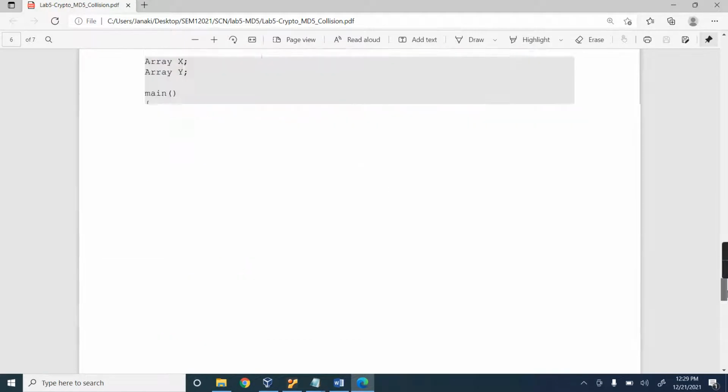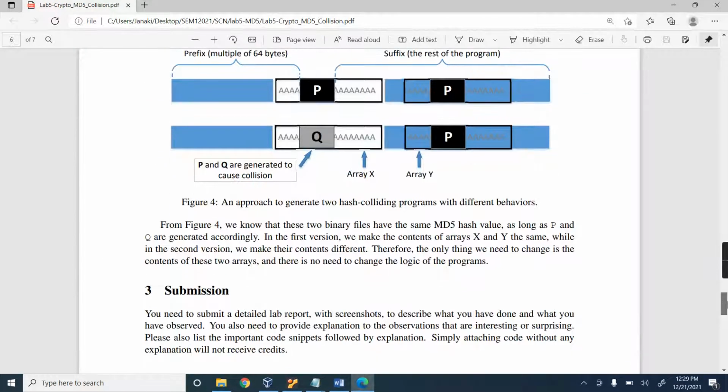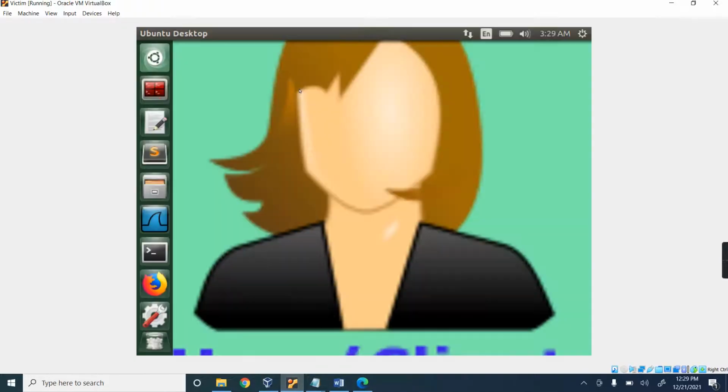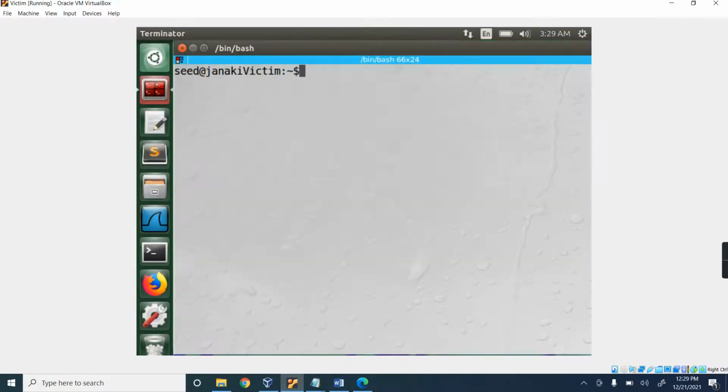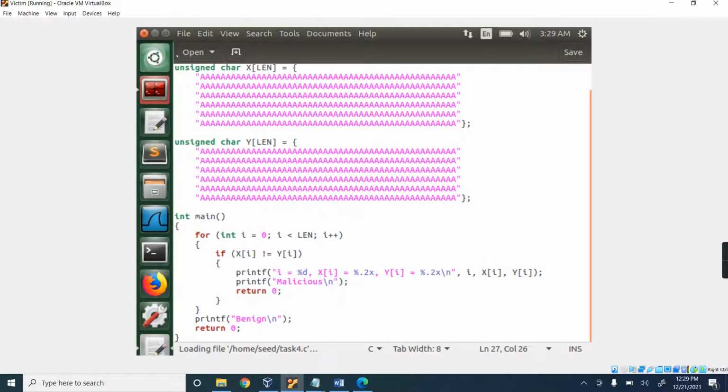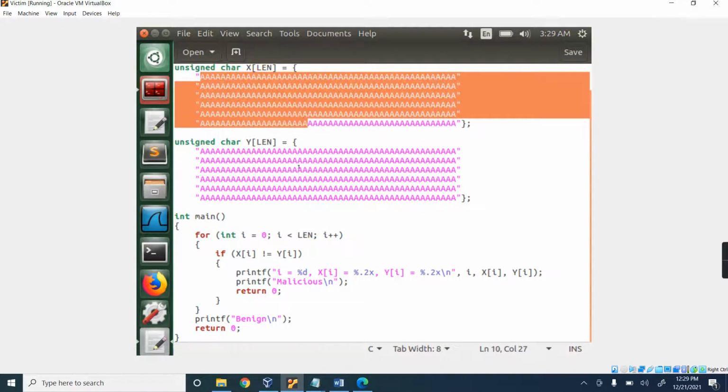Here, for this task, we are going to use this p and q. So for that, I will start my demonstration here. I have gedit task4.c. This is a file where I have x and y of the same length.